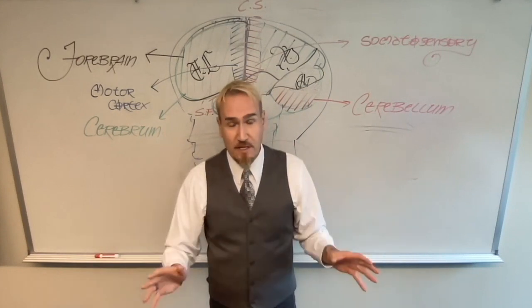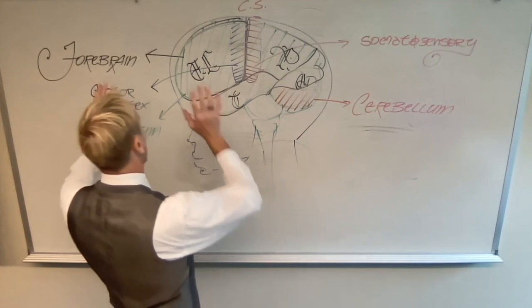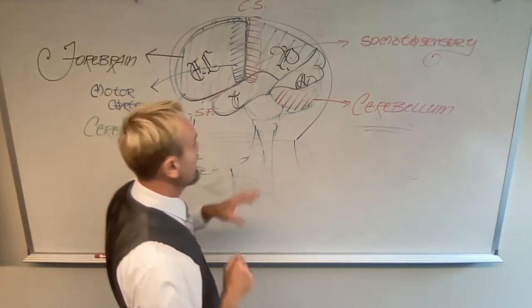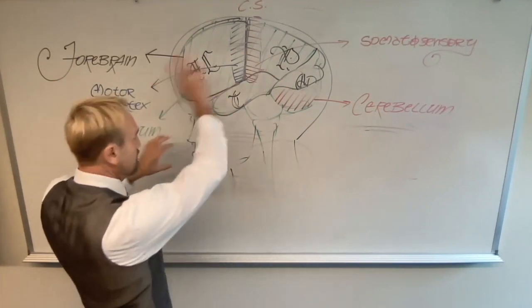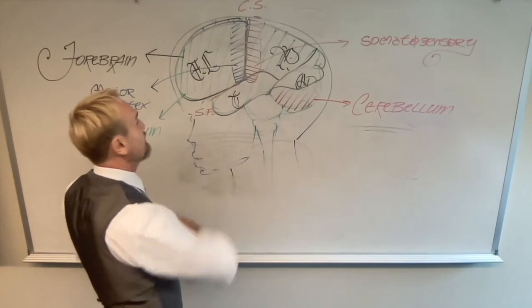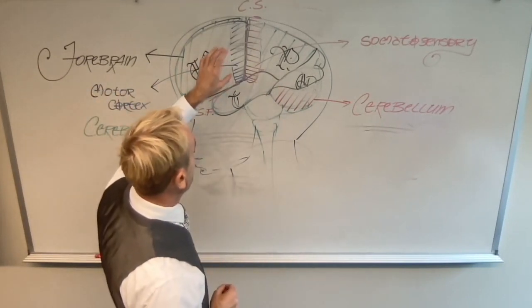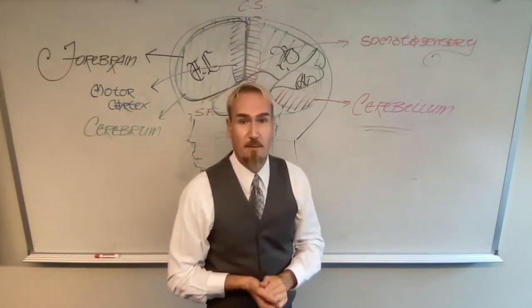So there's a lot of things that we can add, but for now, think of all of these things. So forebrain, the midbrain, hindbrain, of course, in the back, cerebrum versus cerebellum, all 4 lobes, the central sulcus as a signal fissure, the motor cortex in front, and the somatosensory cortex in the back.